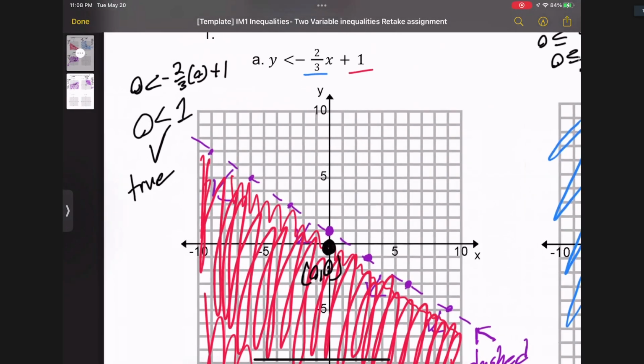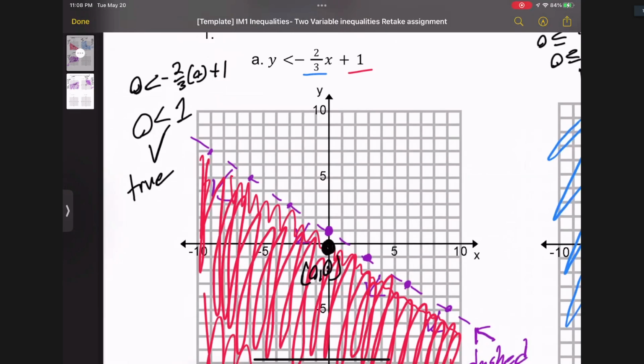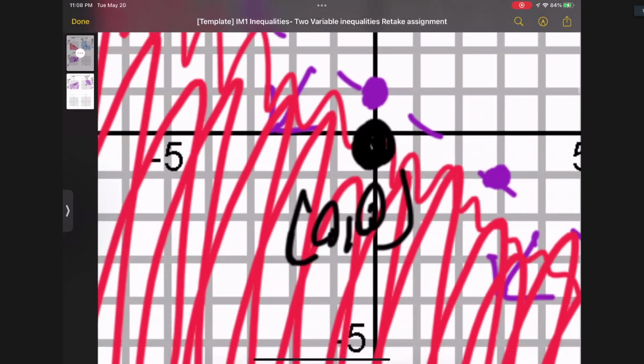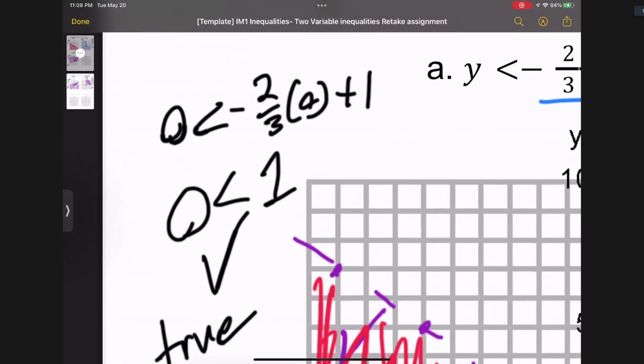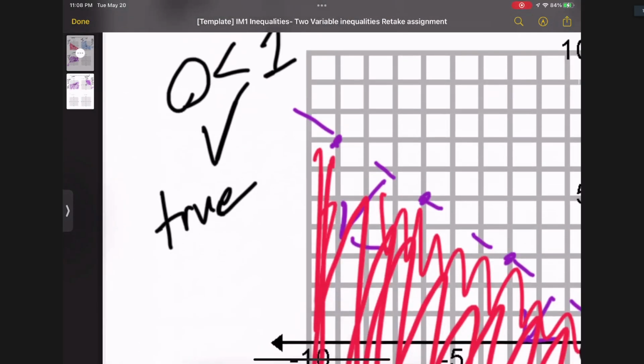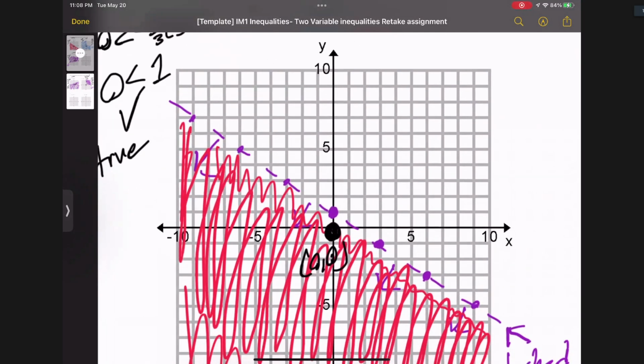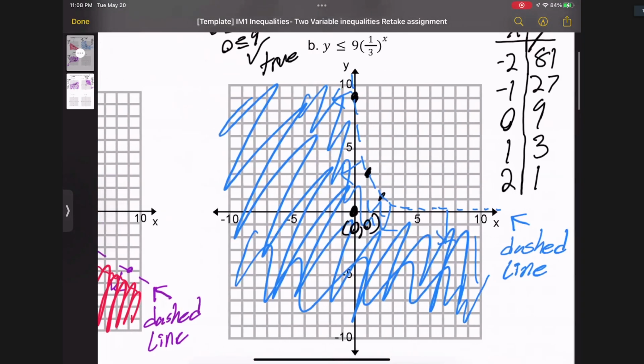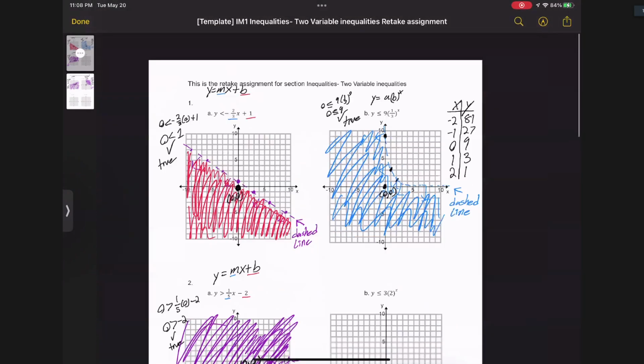If you do not believe it, you can always just plug in the actual answer like this. 0, 0 is my favorite point. Plug in the actual point, 0, 0, and see if it's true. If it's true, then you are good to go. You shade on that side. If it's not true, so for example,